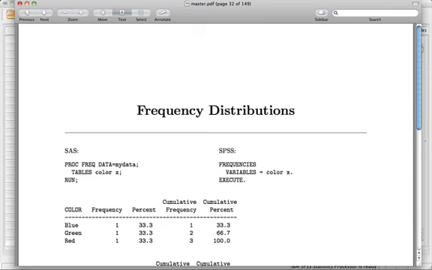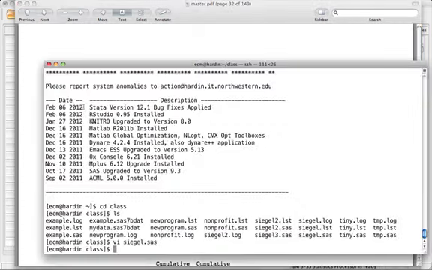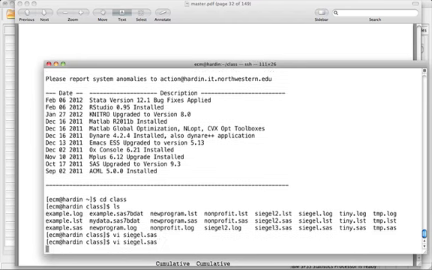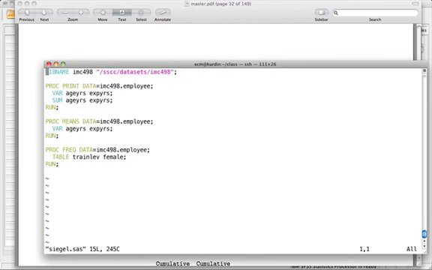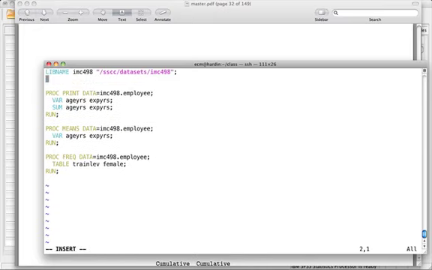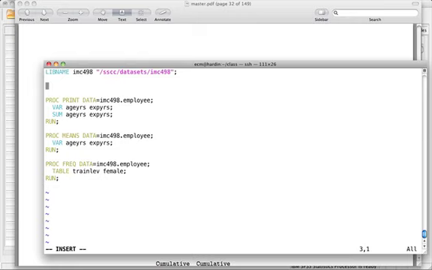All right, let me run an example with you now. I'm going to go over to Harden, and we've got this data set Siegel. I'm going to go edit that Siegel thing that we had before, so we'll VI it. And here is that data set. Let's say that I want to create some formats for the female variable. So to do that, I need to add a proc format somewhere above that PROC. So I'm going to open up a new line, so little o, then I'm going to say proc format, semicolon,